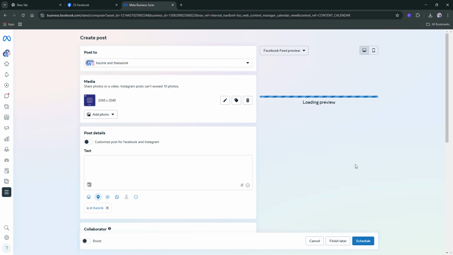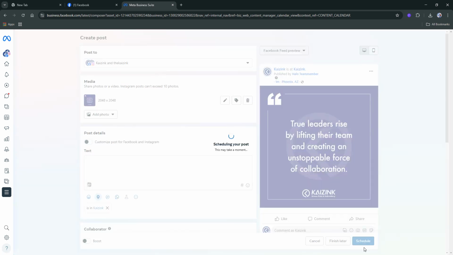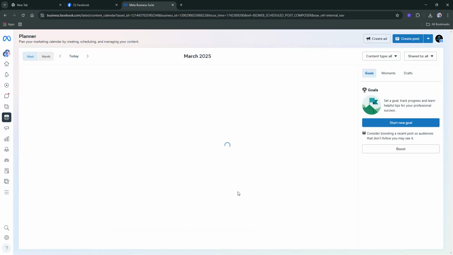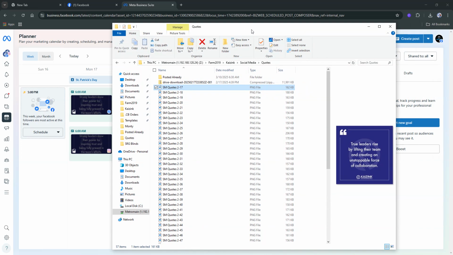And all we have to do next, once it's done loading the preview, is click schedule. And then when it says boost your post, you're going to say maybe later. And that's it. The next part you're going to want to do is make sure you go back into that folder that's located on the farm under Kaizink social media quotes. So I use this one here, so I'm going to make sure I move that one to